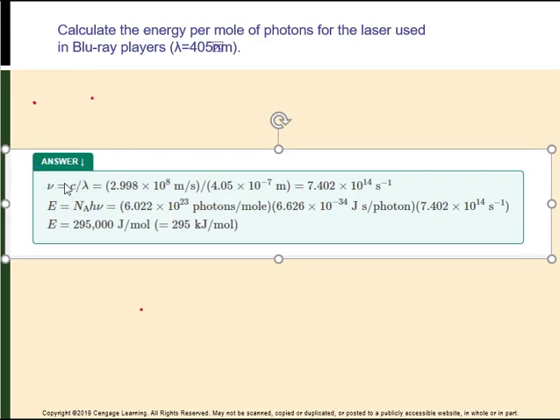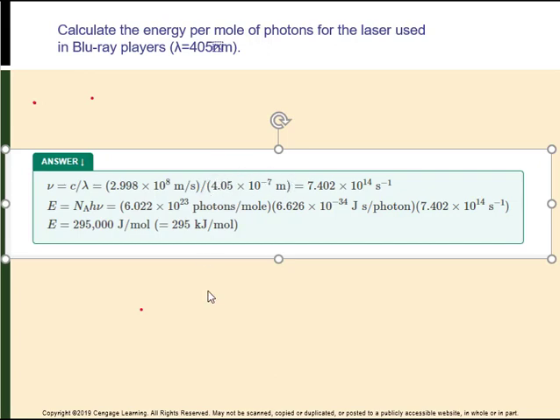So we start off by, well, they split it up, but we could do either. They used the speed of light equation: c, the speed of light, is equal to wavelength times frequency. So they calculated ν first. We'll get the same answer at the end though, if you did it just like the last problem. So we used the speed of light, 2.998. If you use 3.00, we're going to get the same answer. So 3.00 times 10 to the 8th divided by